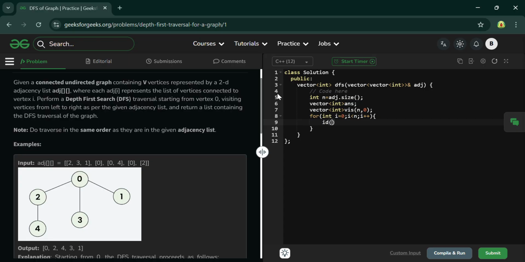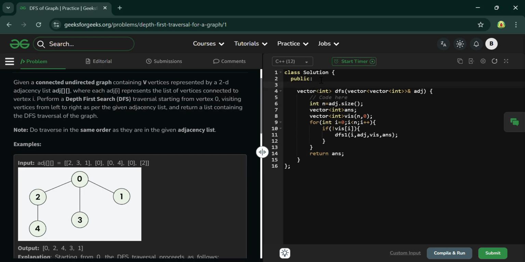I will check if it is not visited, then I will pass the DFS function DFS1, which is passing i, adjacent matrix and then visited comma answer. Okay, and after this you just have to return the answer. Let's make a function void DFS1